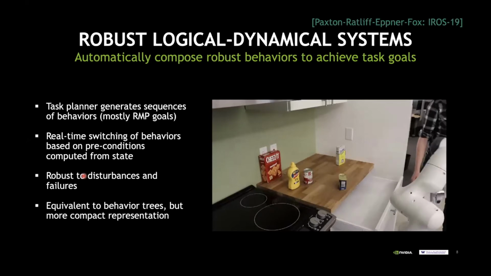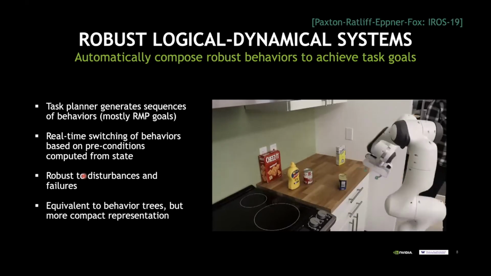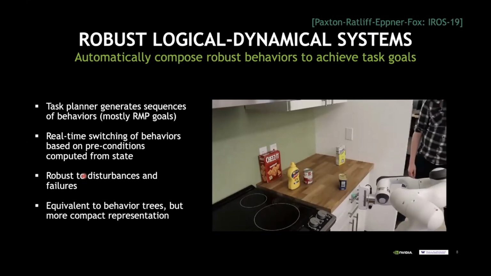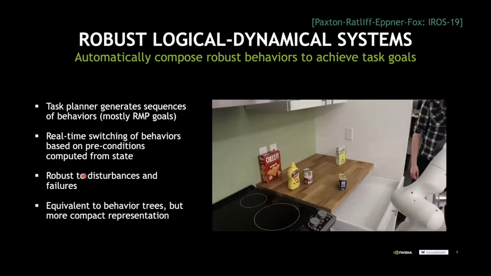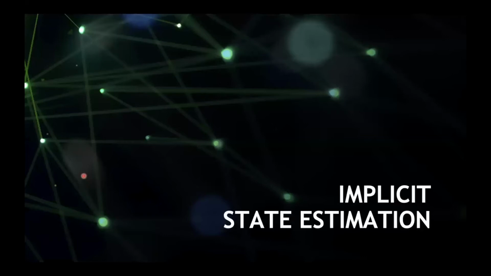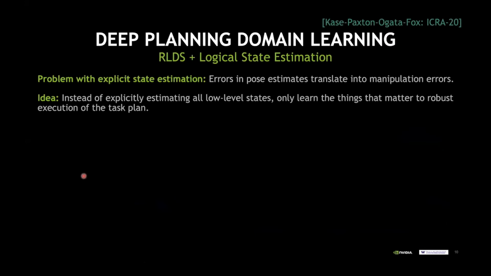Okay, so this is one line of work where we really went down the route and said, okay, let's see how far we can get with estimation. Again, one of the key limitations is that any mistakes in state estimation will also translate into failures in, for example, the execution itself. So an alternative is to not focus on pose estimation, but focus more on what the task and motion planning system even cares about in order to execute these plans. This is work that Kei Kase did also as an intern.